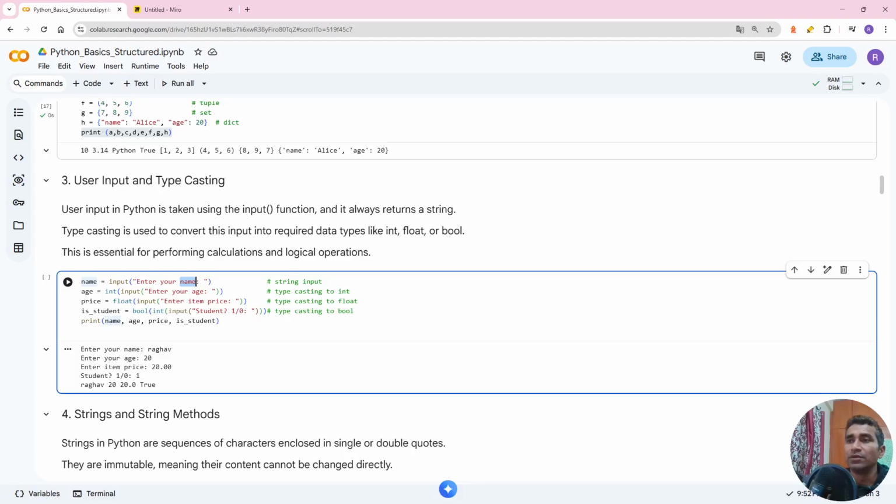Here we are taking the input from the user, name, input, age, and then we are storing it here in age, right? Everything you pass will be considered a string. So there comes the typecasting. When everything you entered is a string, in order to do some kind of mathematical operation,